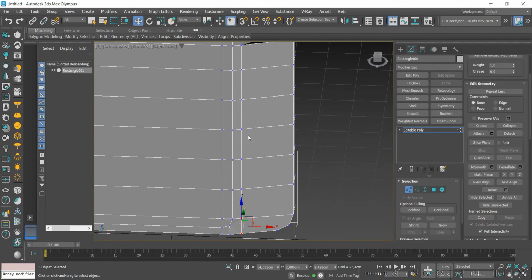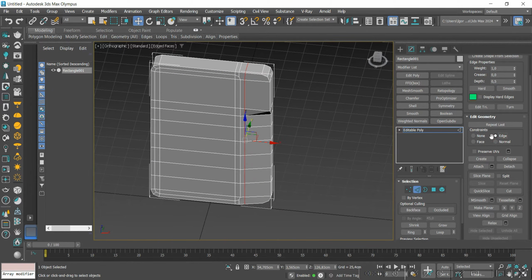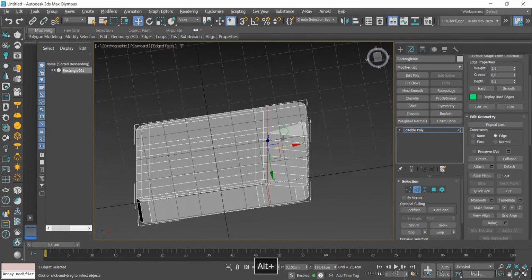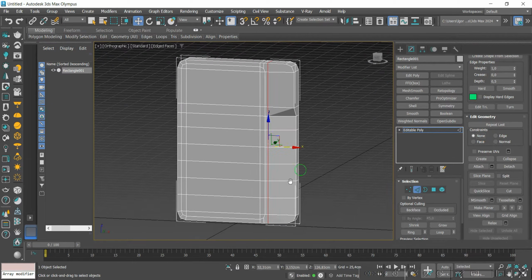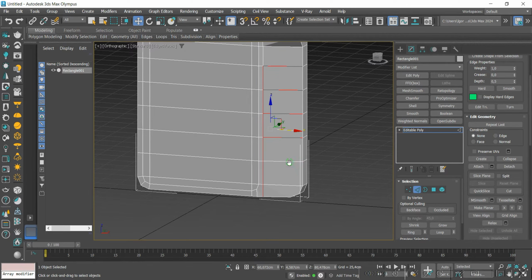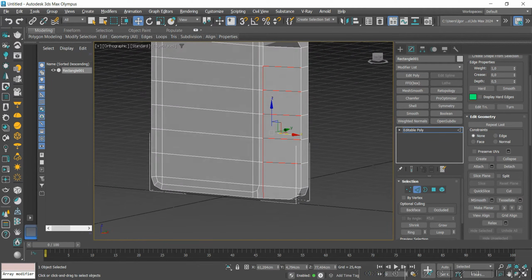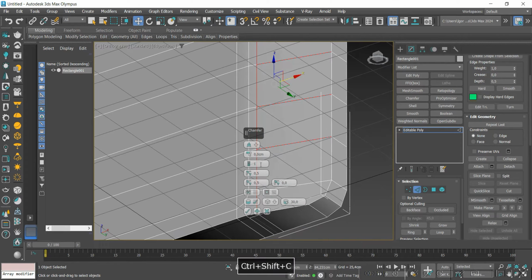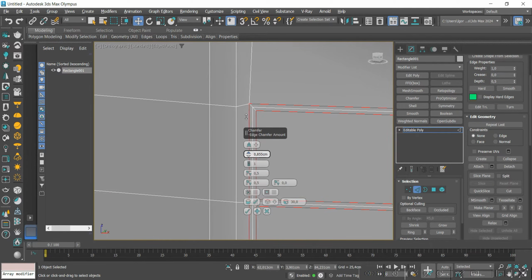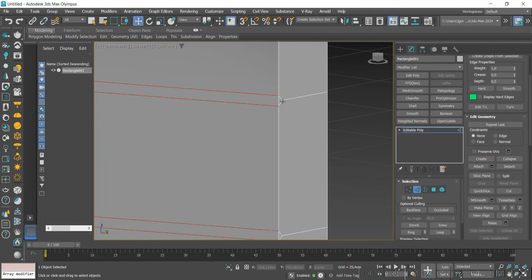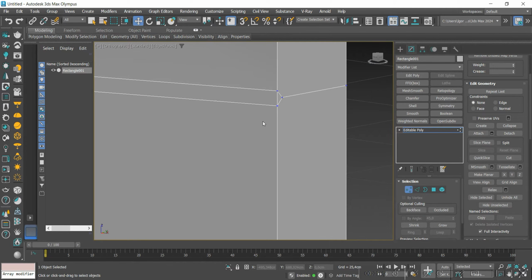Let's select the entire loop and with the edge constraint, we align it on the X-axis and position it correctly. Now let's keep some lines selected to create a detail in this part of the model using the chamfer. Here, we'll have a detail on the edges that we'll correct by applying a new chamfer to these lines